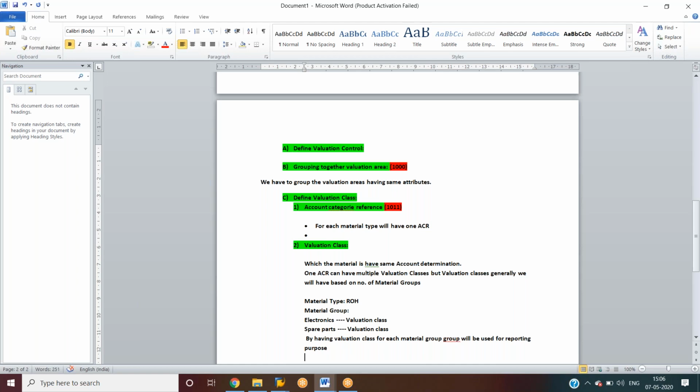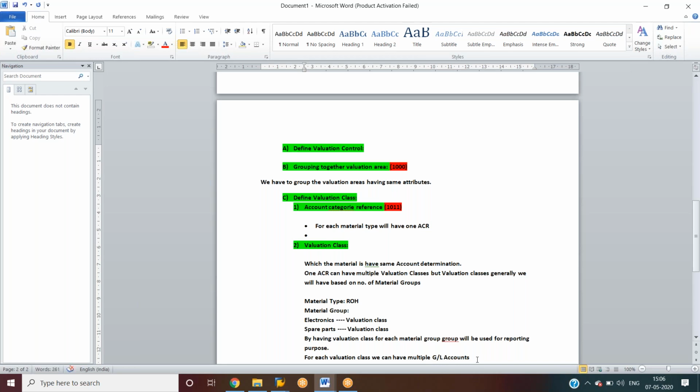Next point. For each valuation class, we can have multiple GL accounts.